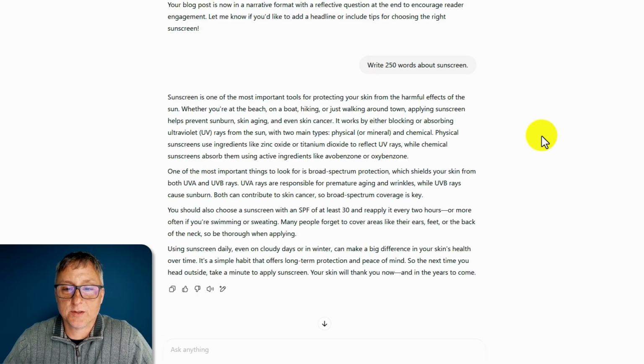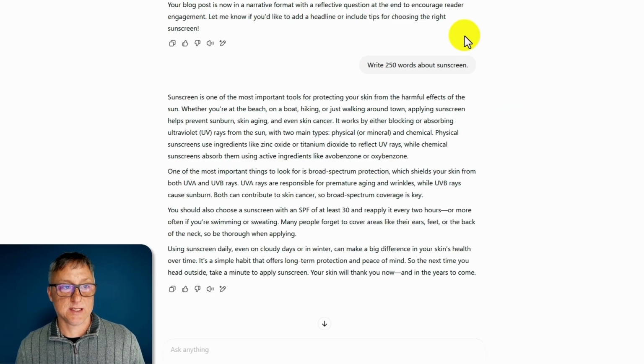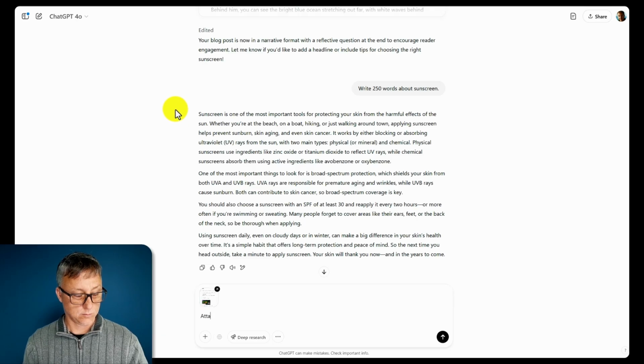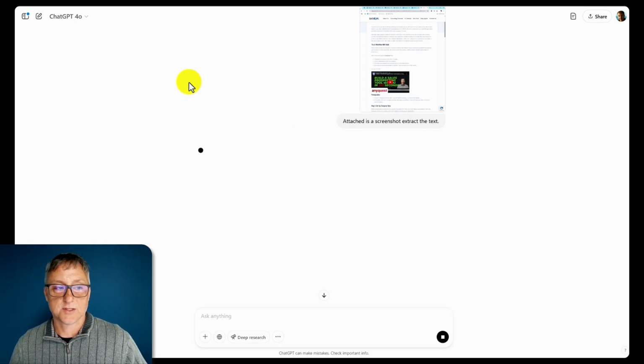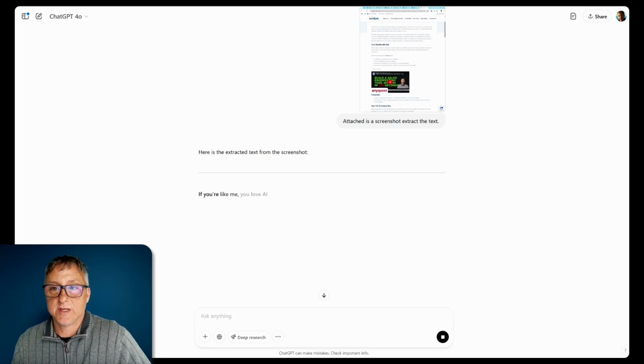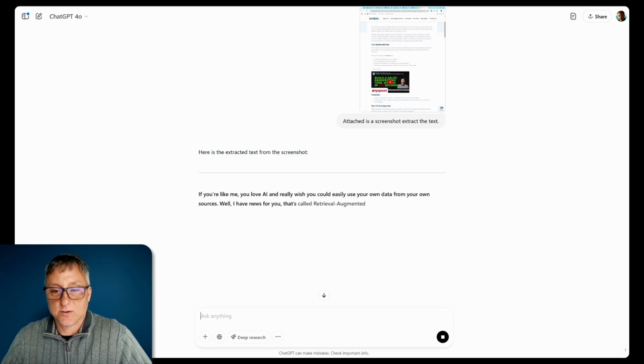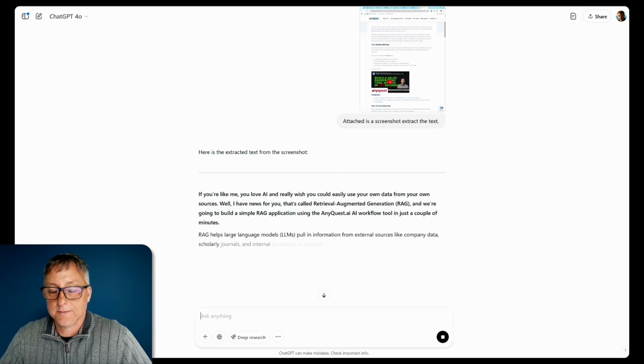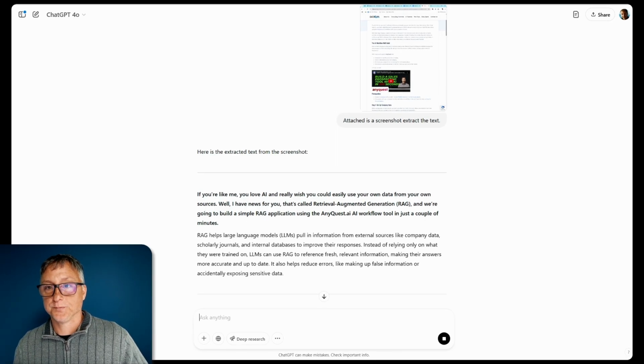There's other things you can do too, like you can upload CSV files, ask for trends, ask for the top 5 values, change them. You can extract text from a screenshot. That's actually pretty interesting. Let's make a screenshot. We'll ask it to extract the text from the screenshot. The screenshot is from an AnyQuest tutorial that I did, and I pasted in just an image. This is an easy task for AI. And so if you find yourself needing to extract text from pictures, this is a very simple way to do it, actually. And the accuracy is really good.